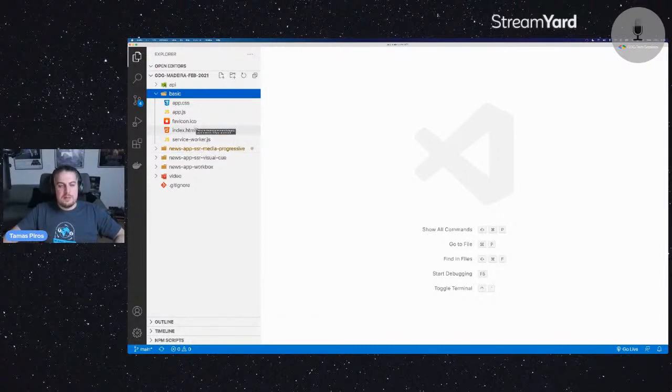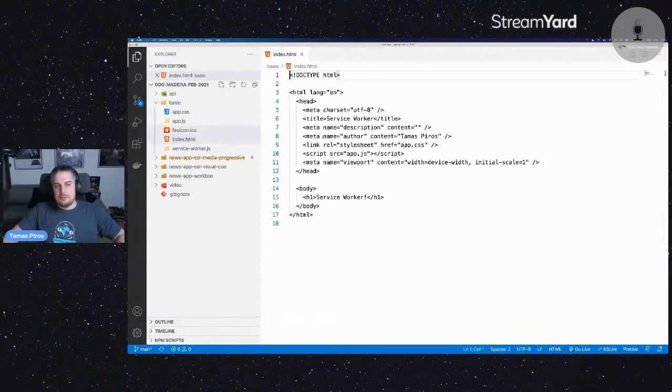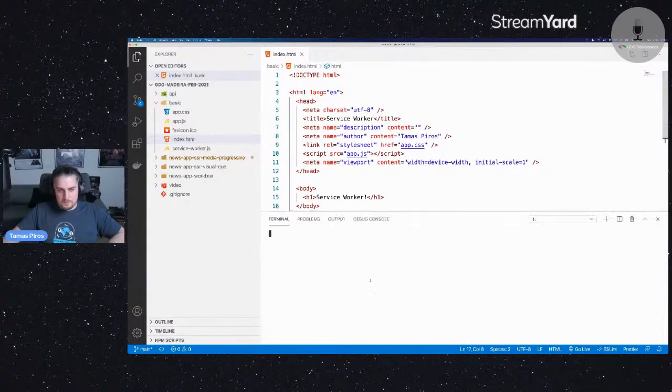But I prepared a very basic example just to show you the fundamentals of a progressive web app. So I have probably the most basic HTML file that you've seen in your life, where we have a CSS file and a JavaScript file enabled, right? So what I'm going to do is open up an HTTP server, and I'm going to take a look at this file in my browser,